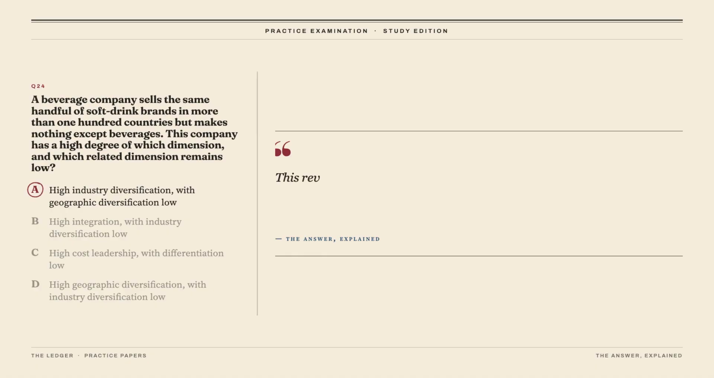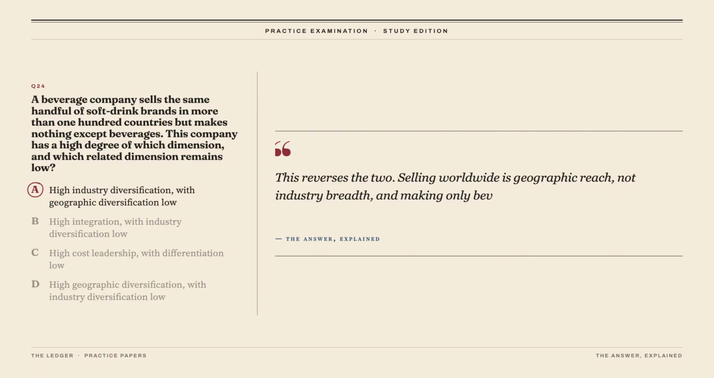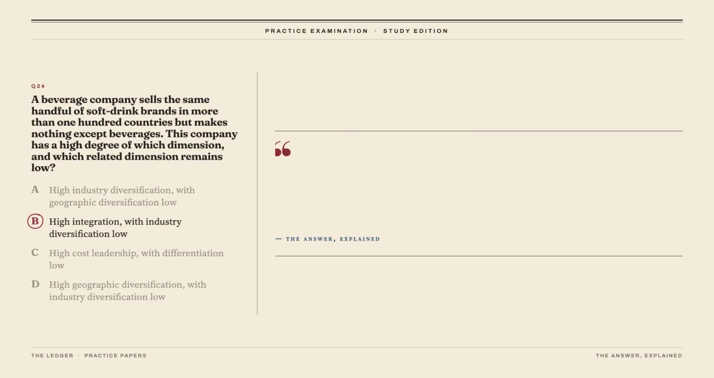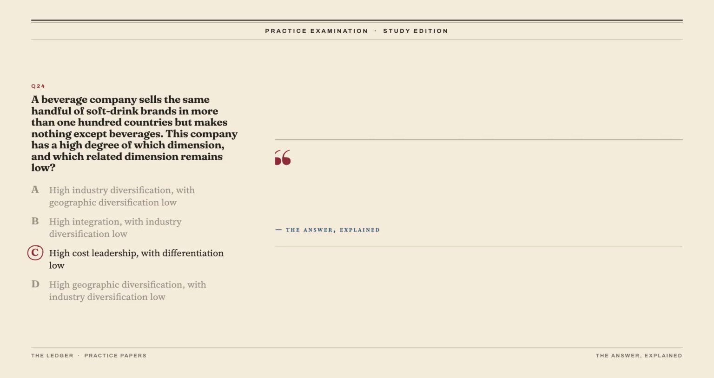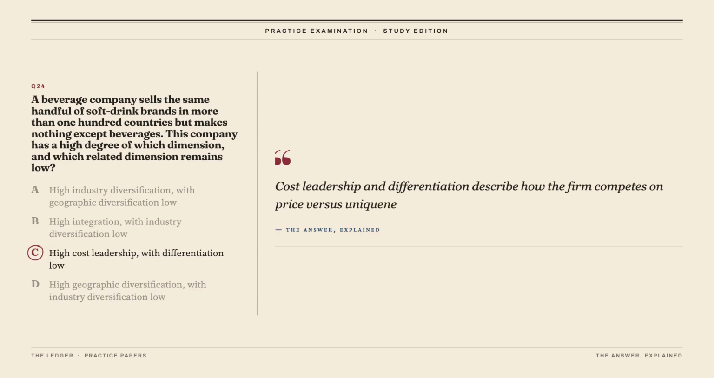A is wrong because this reverses the two. Selling worldwide is geographic reach, not industry breadth, and making only beverages keeps industry diversification low, not high. B is wrong because selling finished beverages in many countries speaks to market reach, not to how many stages of the value chain the firm controls. So integration is not the dimension being demonstrated. C is wrong because cost leadership and differentiation describe how the firm competes on price versus uniqueness, which the scenario